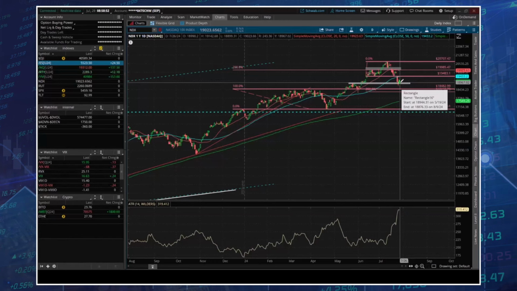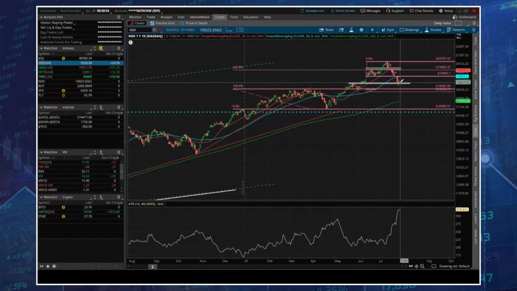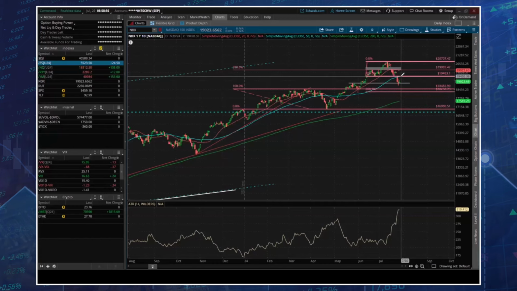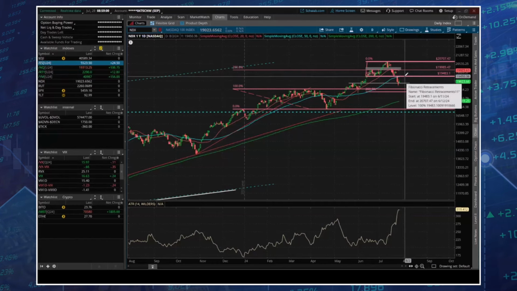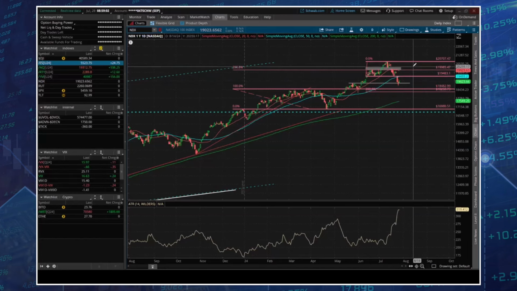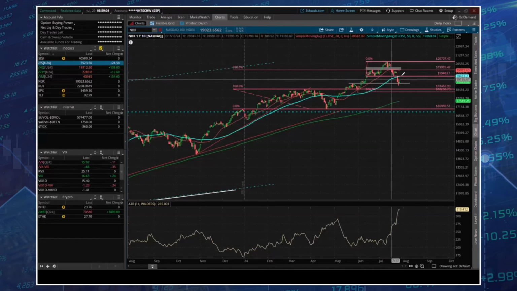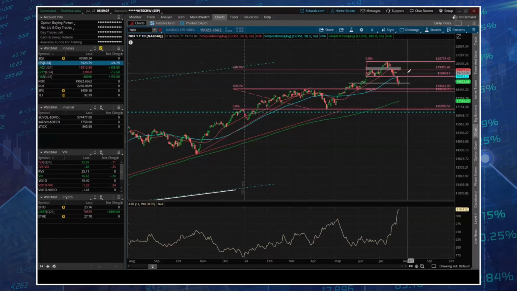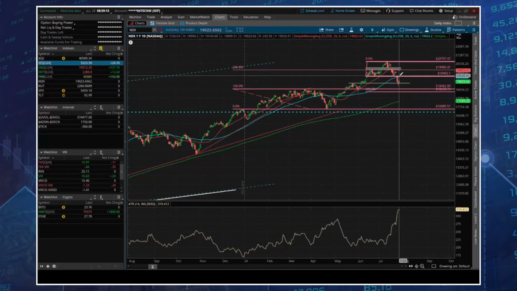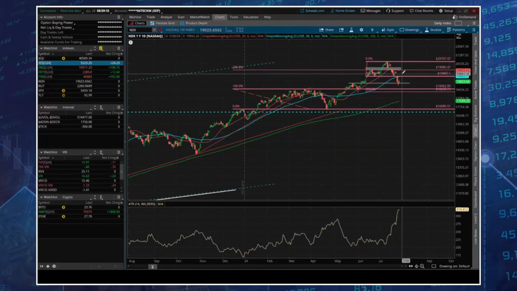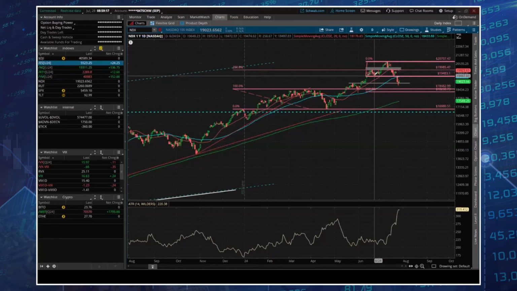if the SPX breaks its head and shoulders level, that is probably going to imply that this has a higher probability of breaking this level and reversing higher. If both of these break above this level, in other words, the SPX breaks above its head and shoulders level and the NDX breaks above its primary new resistance level here, again, that's very, very bullish. That would be a pattern failure.